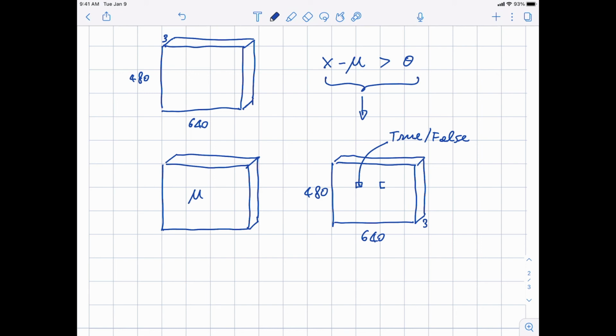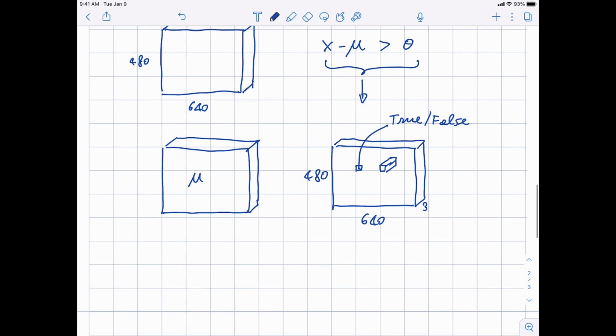Declare that there is motion in a certain pixel if there is motion in any of the color bands associated with that pixel. So you have essentially this matrix, which is 480 by 640 by 3. You have to compute the maximum along this dimension for each pixel.